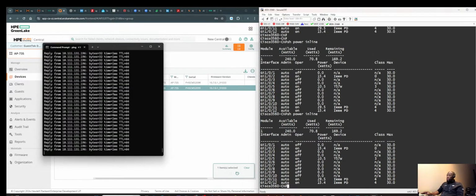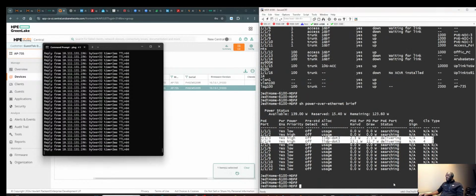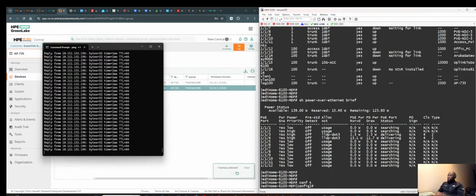Earlier, both ports were doing equal, but why is this one, the 6100, doing only 13 watts on a class 4? Why? It's configured with PoE high, but what if we force it